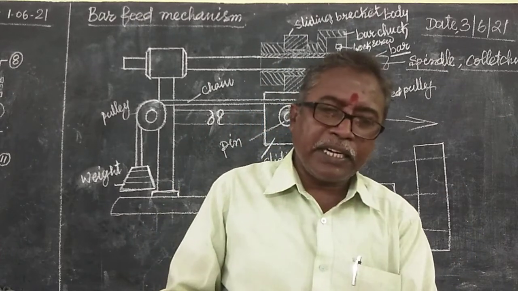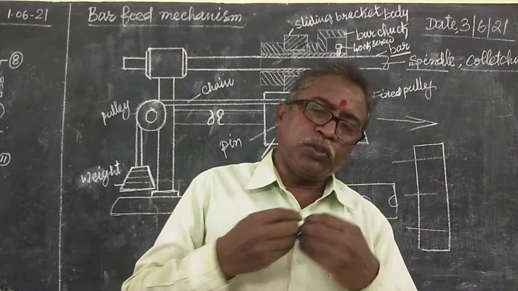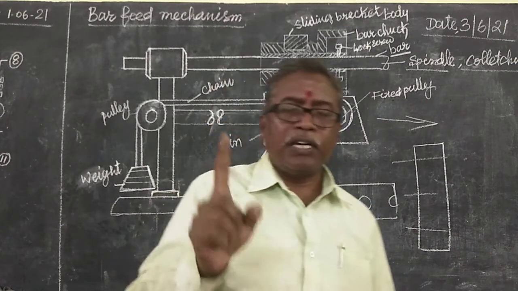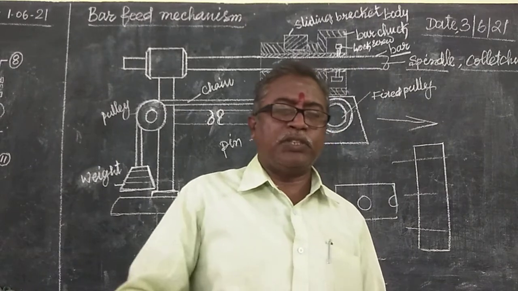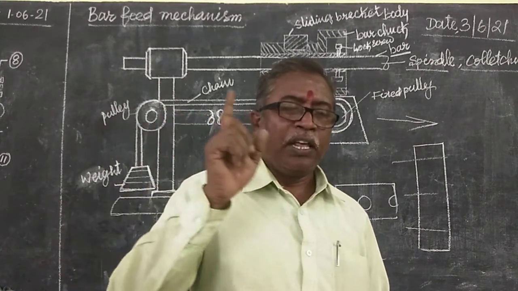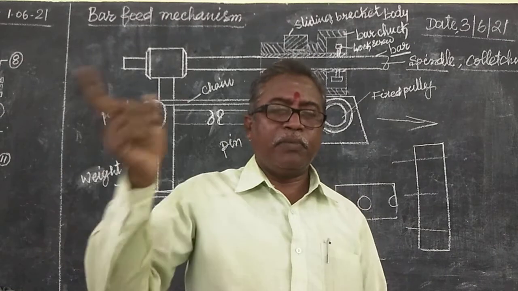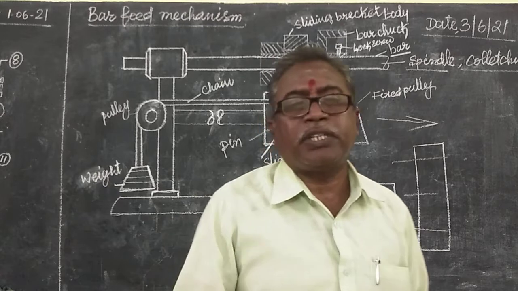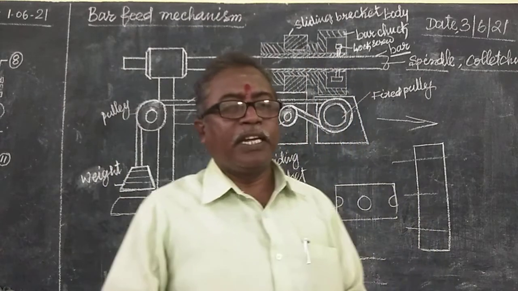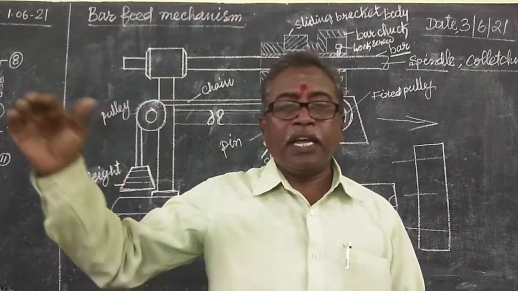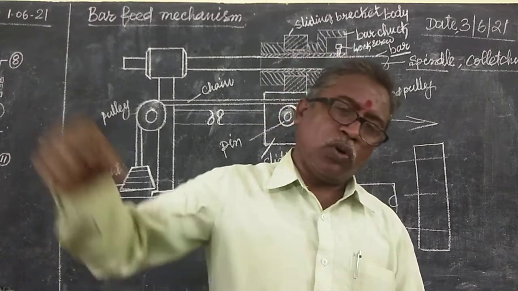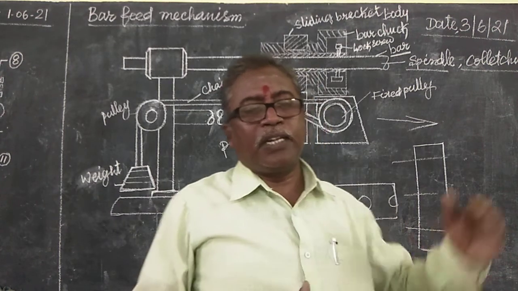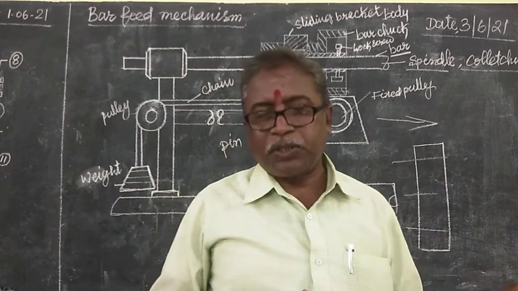In the turret lathe, all the chucks you use in the center lathe can be used. Collet chuck is used, 3-jaw chuck is used, 4-jaw chuck will be used, then magnetic chuck, then air or hydraulic operated chuck will be used. Any chuck, any operation on the turret can be done. That is heavy duty. In the turret there are so many tools, because that is heavy duty production. This is light duty production.